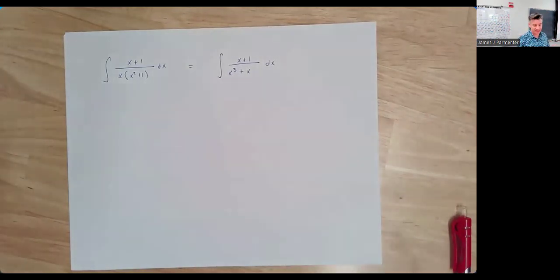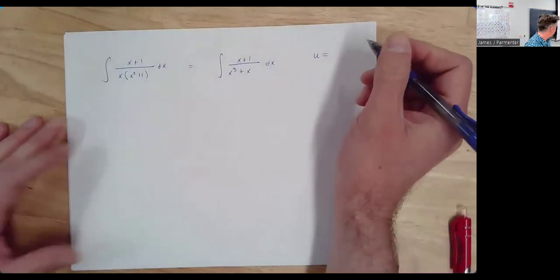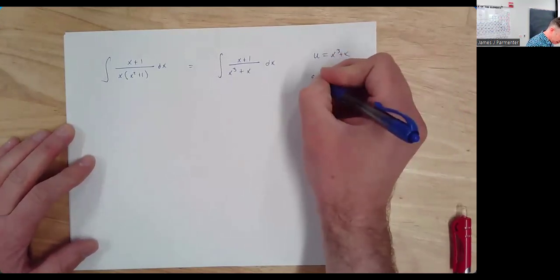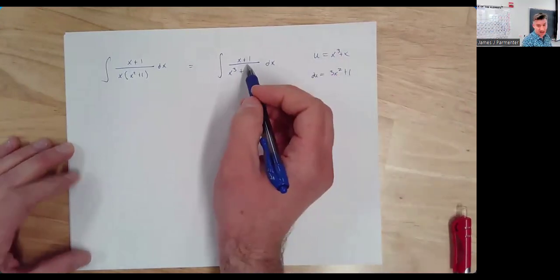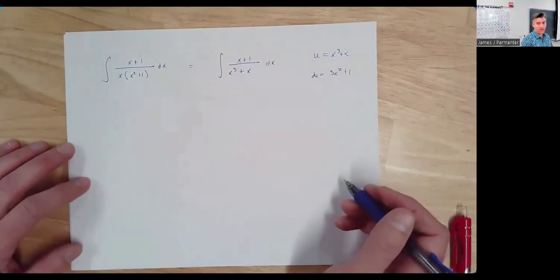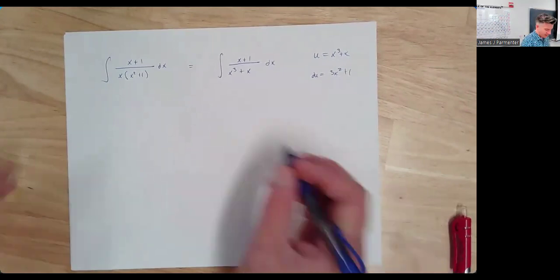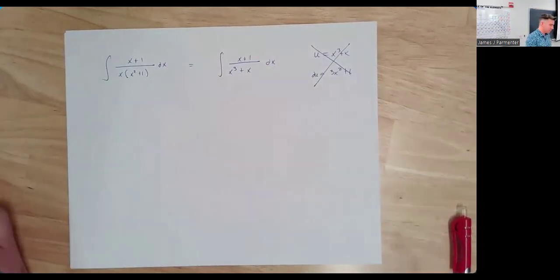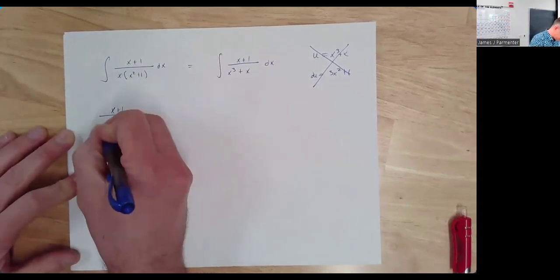Well, we can't use u-sub here because there's not a good choice for u. If I were to let u equal the only plausible thing, which is x cubed plus x, my du is going to be 3x squared plus 1, and that does not look like it's going to work out with my numerator. So I don't want to work too hard to make a u-sub work. Sometimes I will, but not here, when I have another method that's going to be better, for lack of a better term. So for this partial fraction decomposition,